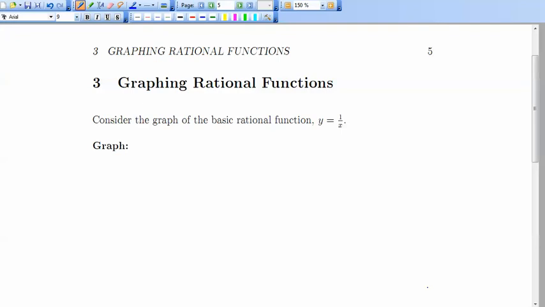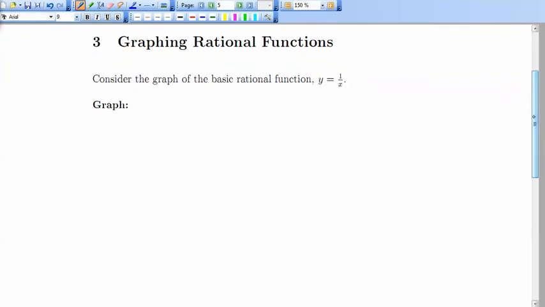This video is about graphing rational functions. So we'll start with our prototype here and our basic rational function. The most basic rational function is y equals 1 over x. And its graph is going to be very different from any of the graphs we've seen so far in the course,